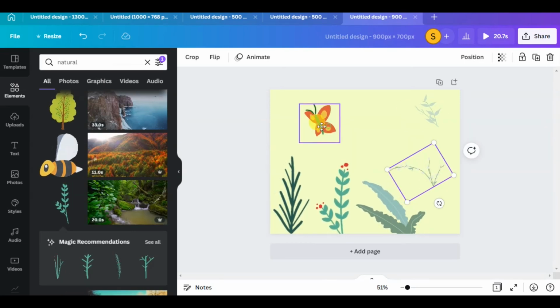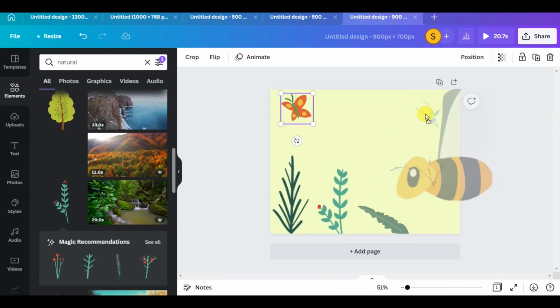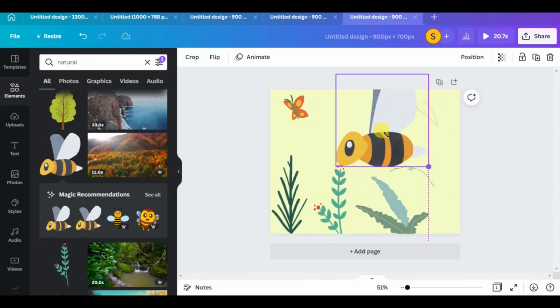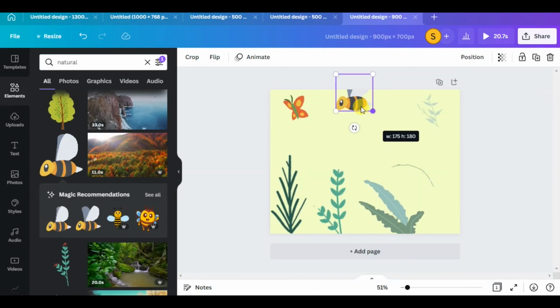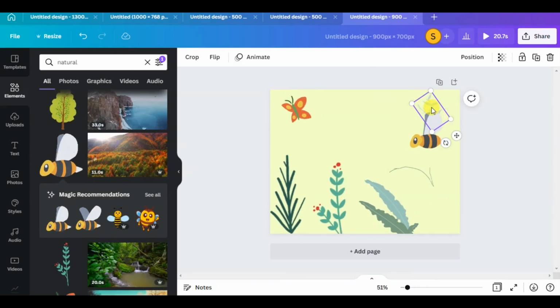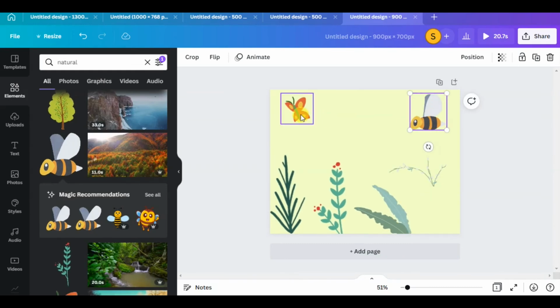At this point, I'm just dropping things in here. So let me see, I'm just gonna drop this bee at the other side just to make it look a bit uniform and not like the whole page is going insane. I'm gonna just delete this one.